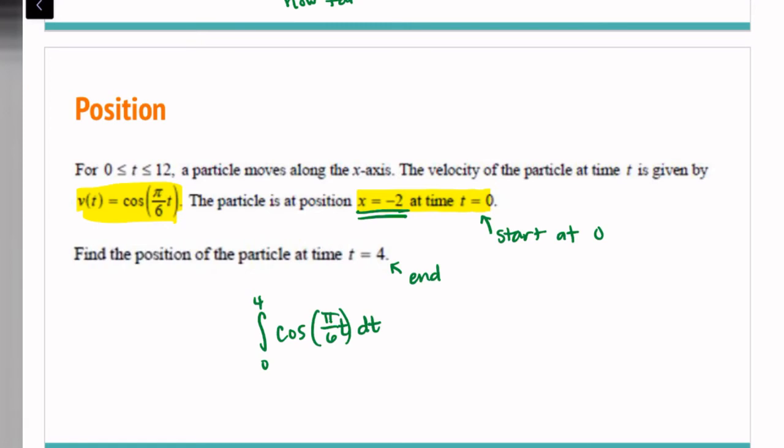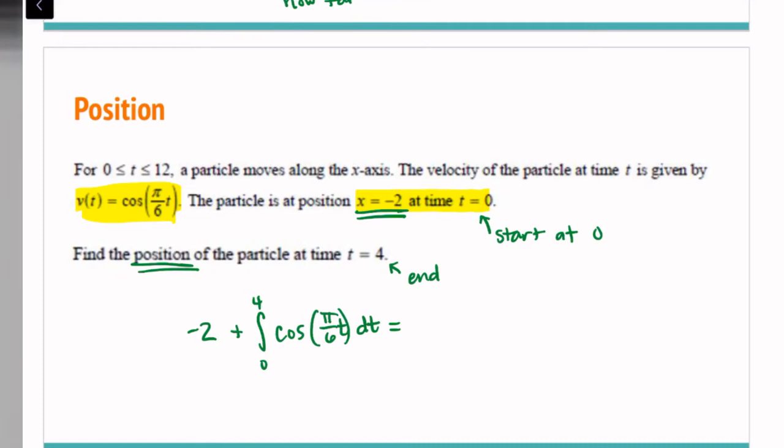Now, we know that's how far it's going to travel between 0 and 4, but if I want the position, I have to make sure that I take into account where it started. I always put it in the front of the integral just because that's how I've seen it most of the time. If you put it after the integral, that's fine, but just make sure you do not forget your dt. So, in the calculator,